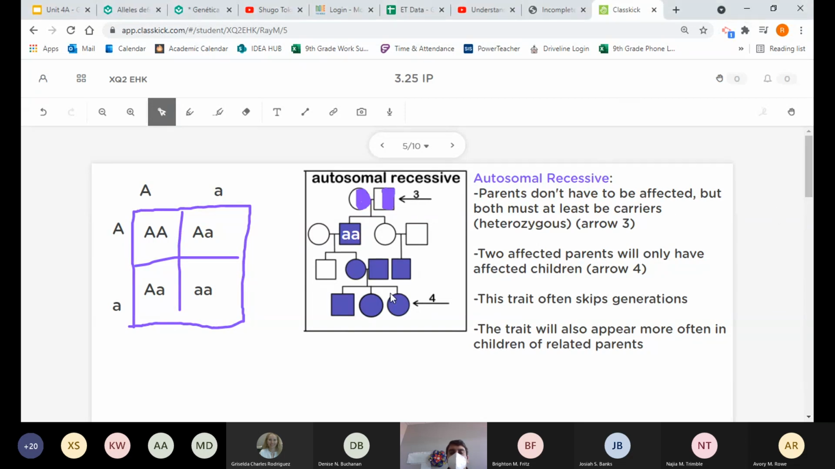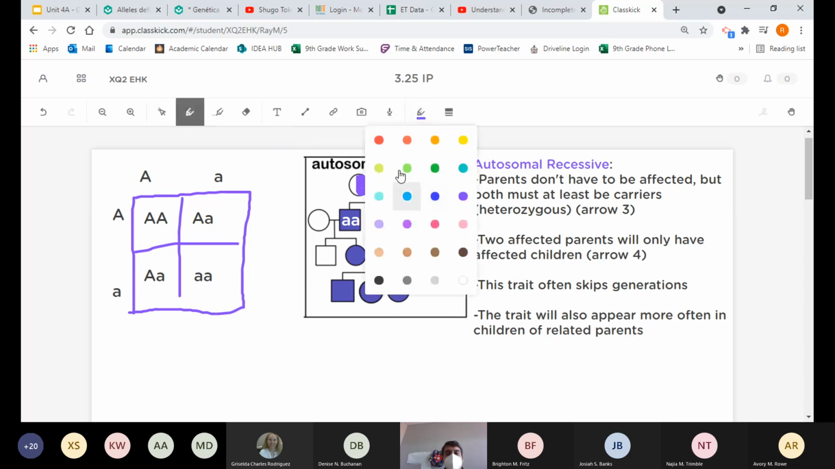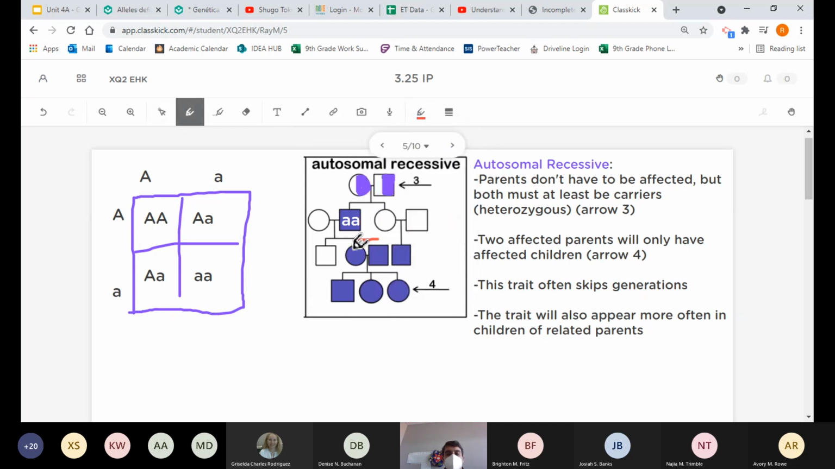Okay, so we know the kids, we know these parents. Now, it says 2 affected parents will only have affected children. So looking down here at this couple, let's go ahead and make this one red. This couple here, if we know that the affected genotype is going to be homozygous recessive,